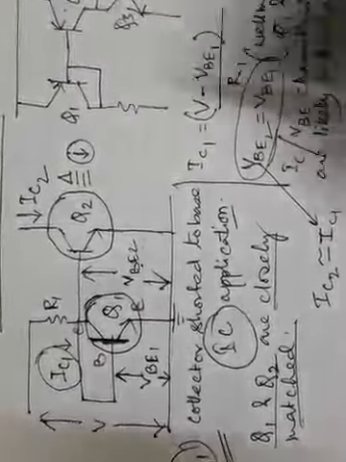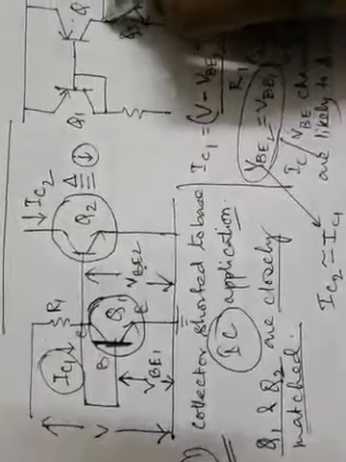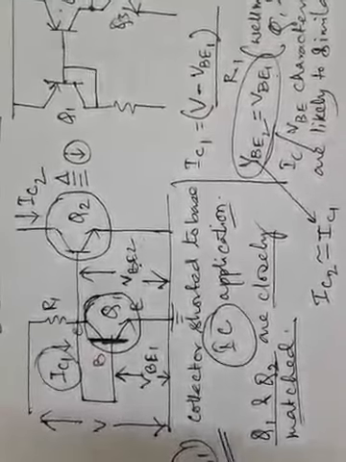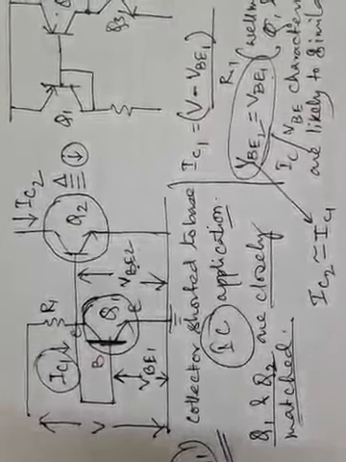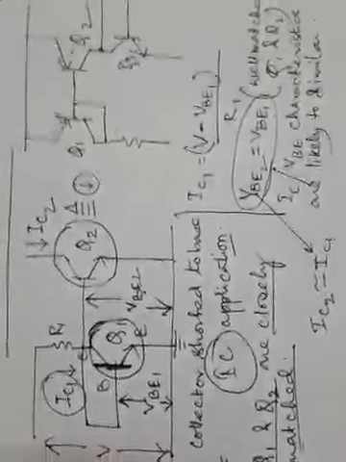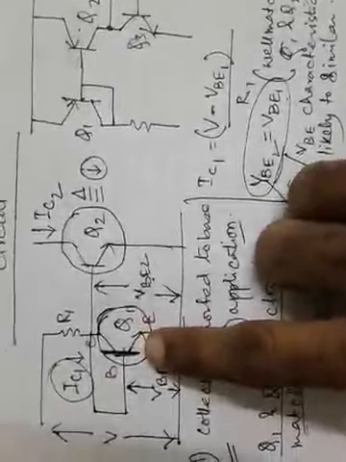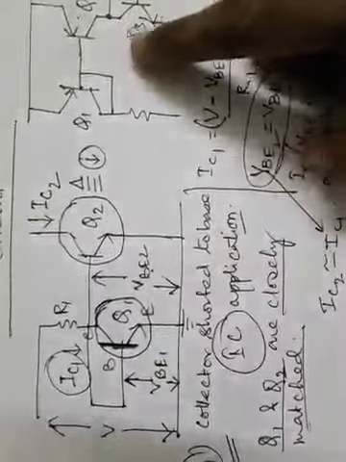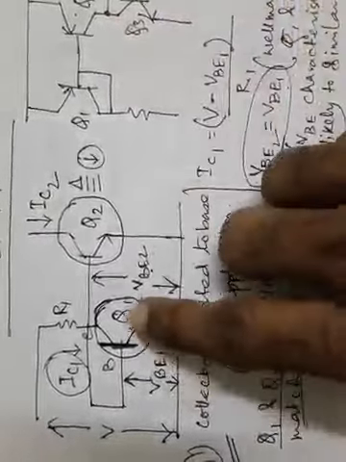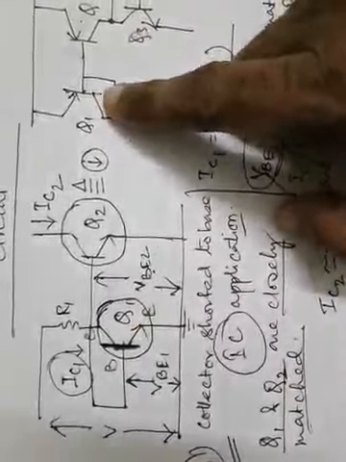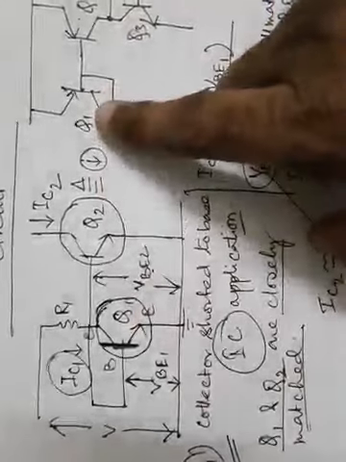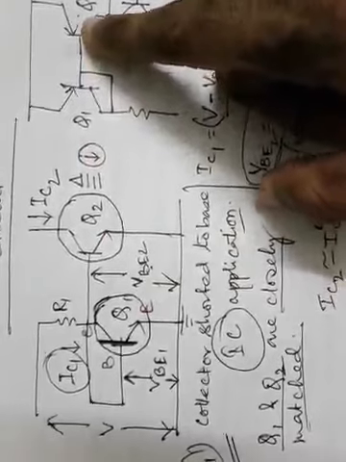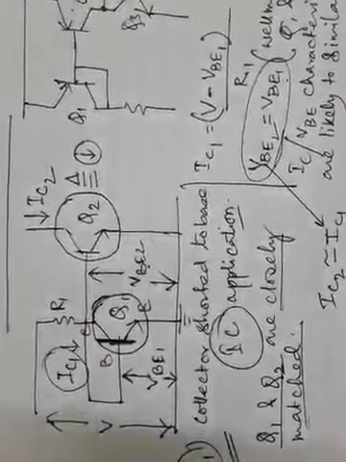So the collectors of Q2 and Q3 are connected over here, and from there the common output is being taken. This is quite an extension of the concept we have from here into this. Now here, what is happening is that Q1 is being used over here, and because of this Q1, Q2 will become a constant current source.